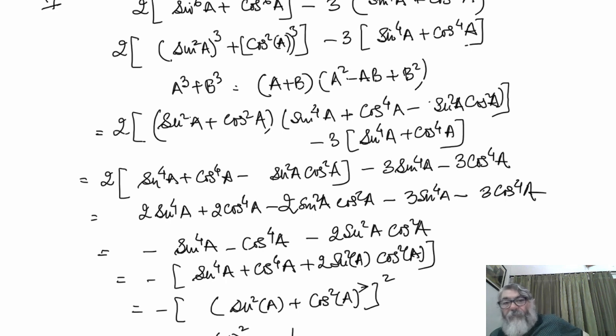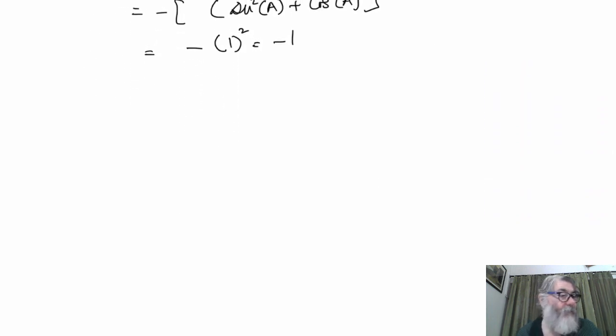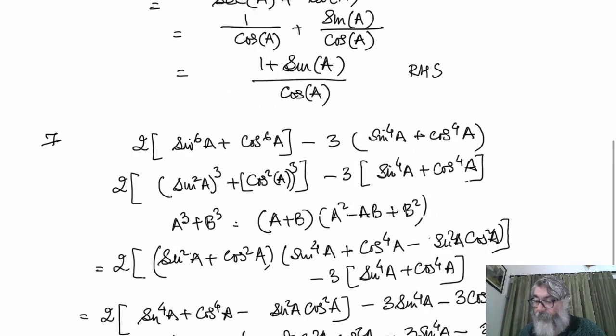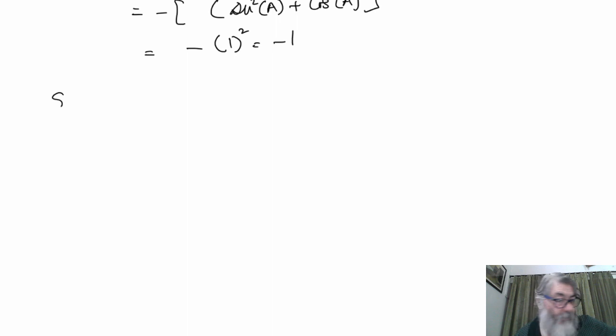And again the formula a cube plus b cube. I wrote the right formula, but when I applied it in the question, instead of AB, I wrote 2AB, and that is why in the end it was going to create a problem for us. This was question number 7. Let's see question number 8 now.